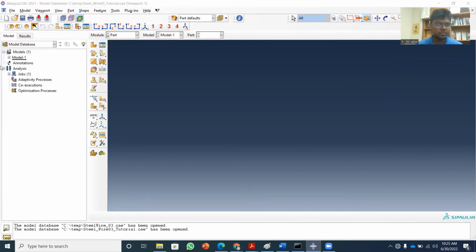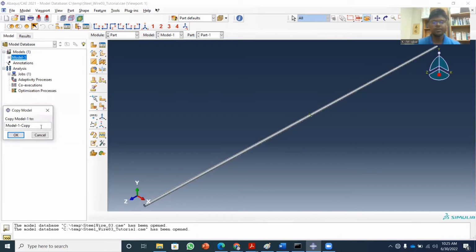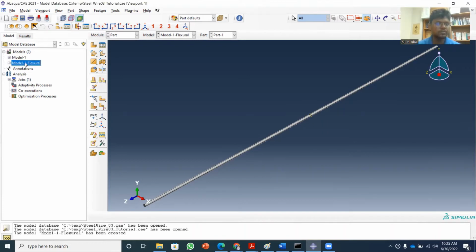I am going to use the previous model so that I don't have to build everything from scratch. If you want to see how I developed this model, you can go back to my previous videos, so you will understand. This is a repeating task. I don't want to repeat it right now. So what I can do is copy this model and make this model name Flexural. Okay. So if I click on it,